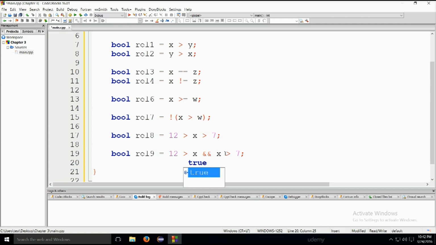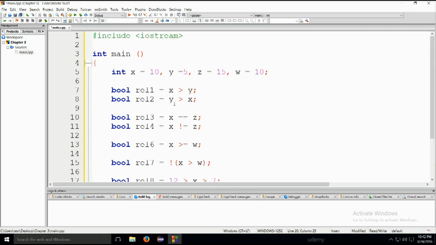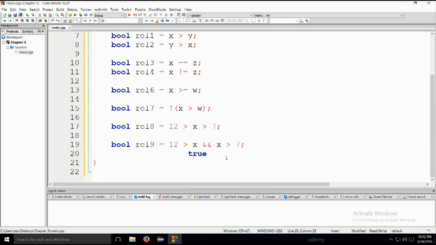True. And then it will state x is greater than 7. So x is greater than 7. 10 is greater than 7. Yes. So true, and true will yield true. Therefore, rel 9 will be assigned a value of true. Simple as that. So I just wanted to show you the logically incorrect way of doing this and the logically correct way of doing this, so to say,